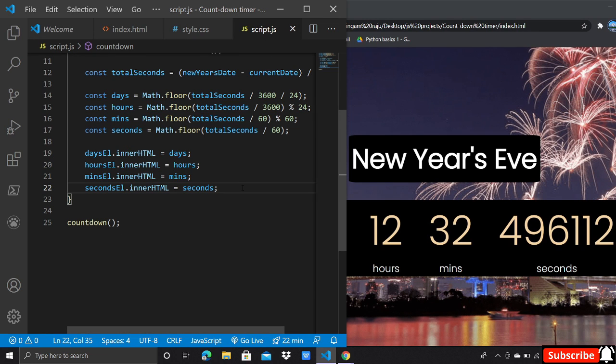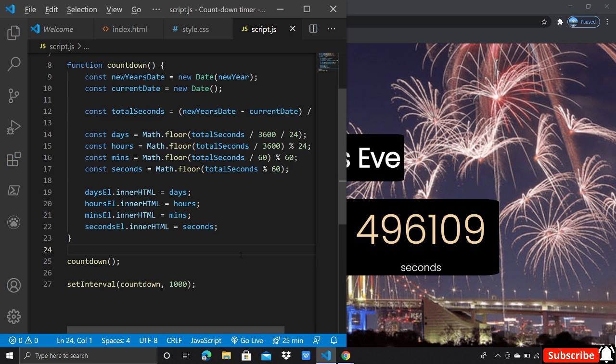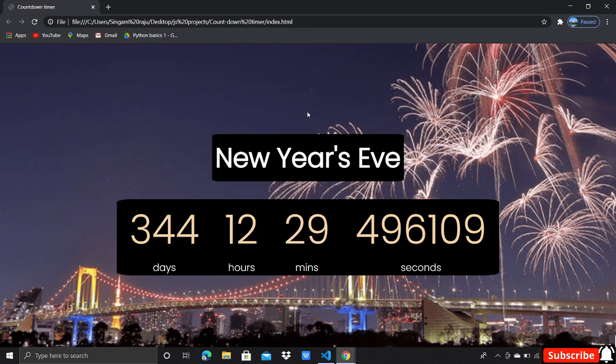It's displaying, that's fine, but we want to refresh every second. To do that, we use setInterval. We used this function already in our previous project, 2D tennis game. If you have no idea, I will share with you the link. Now just use setInterval and call this function every 1000 milliseconds.